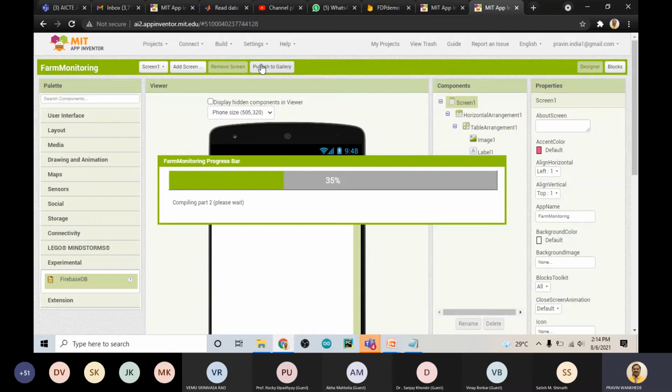Once the compiling is done, it will pop up the QR code.